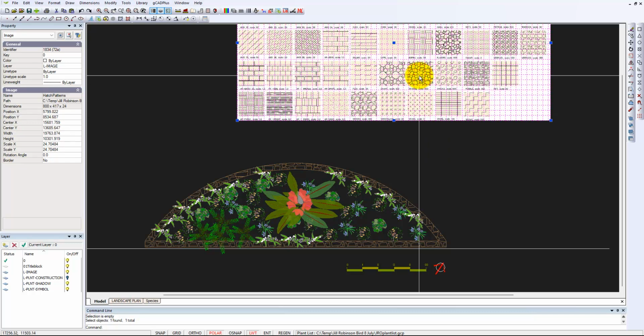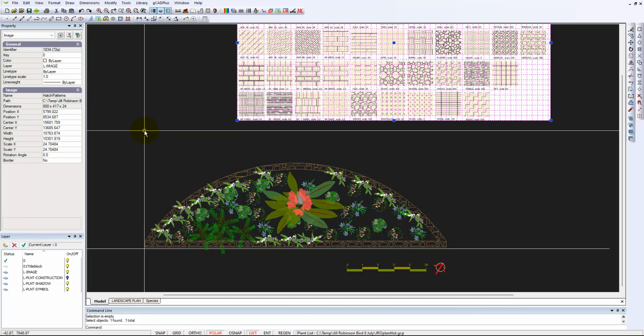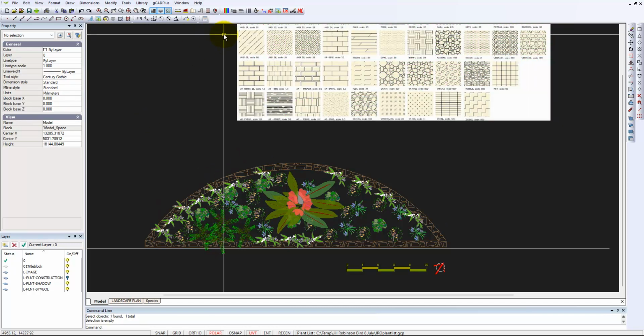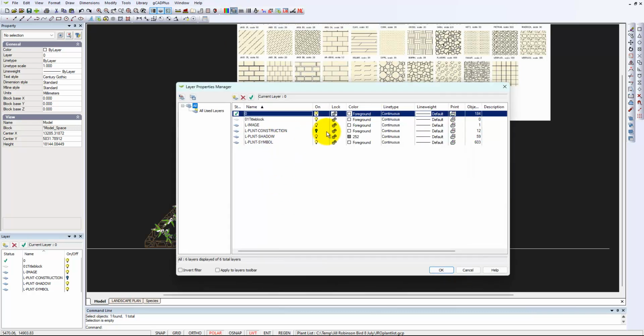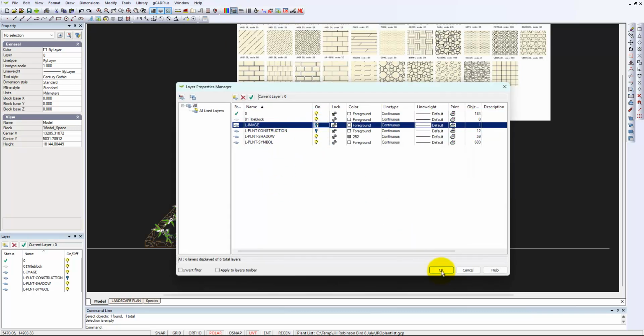The image has been put on its own layer, L-image, and you may remember we can reach layers by this drop-down box and turn off the image layer. We turned off the plant construction layer earlier. It's a very good idea to use